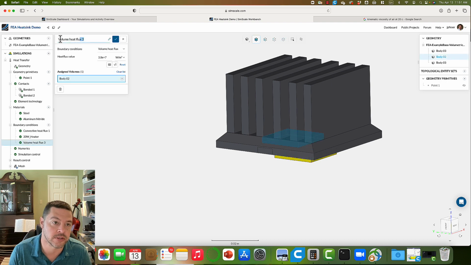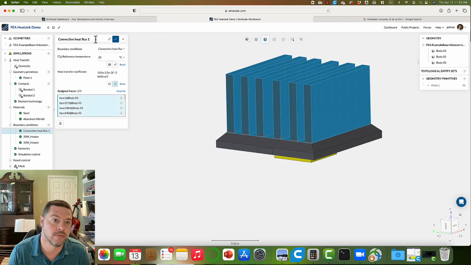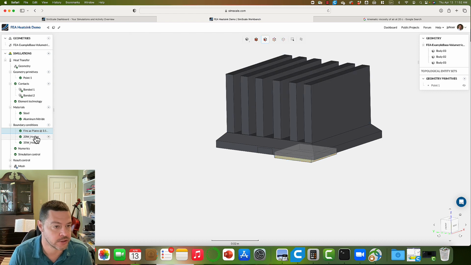Let me rename this so that this is a 35 watt heater. This is best practices here. And I will rename this to be our fins/flat plates. And this is for a 3.5 meter per second oncoming flow. That's what I calculated that heat transfer coefficient for. Okay, so